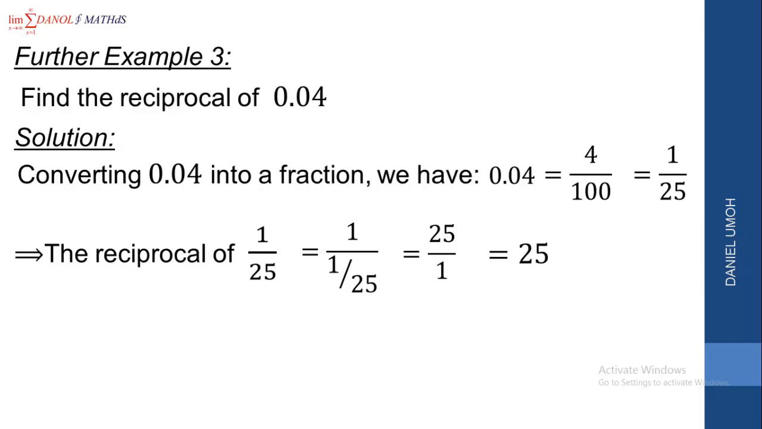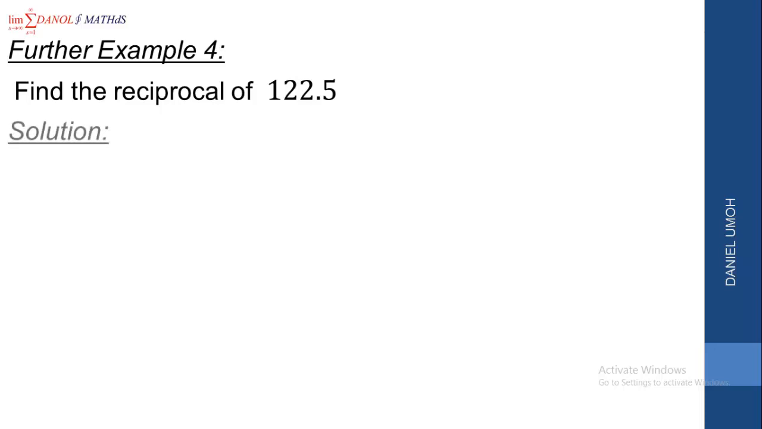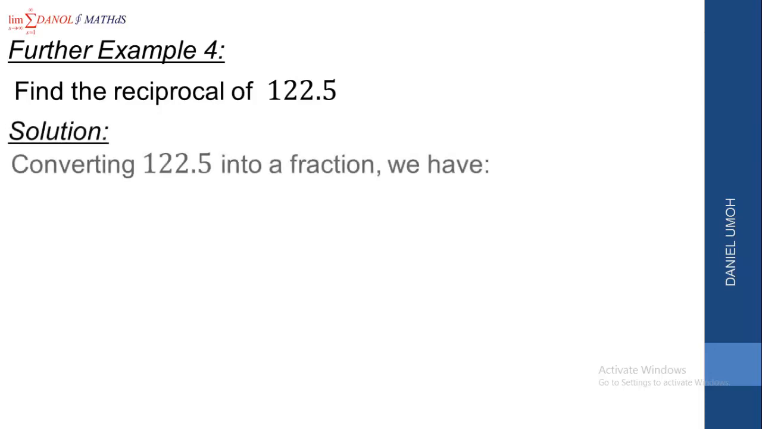Okay, let's look at example 4. Example 4 says, find the reciprocal of 122.5. That's still a decimal number, but immediately after the decimal point, there is only 1 digit. So the first thing we have to do is to convert that decimal number into a fraction. On conversion, what do we have? We say 122.5 will be equal to, remember, because it has only one digit after the decimal point, we're going to be dividing by what? 10. So it's equal to